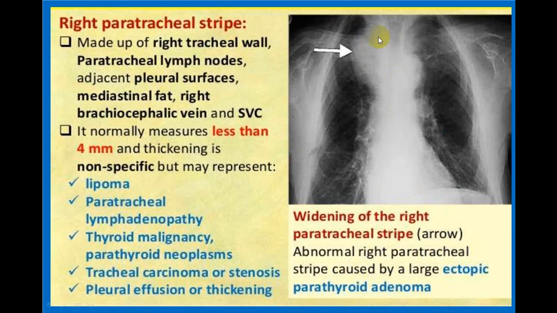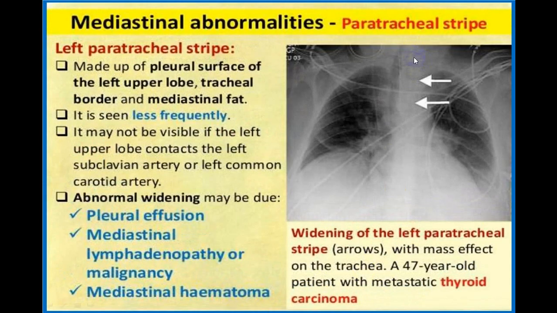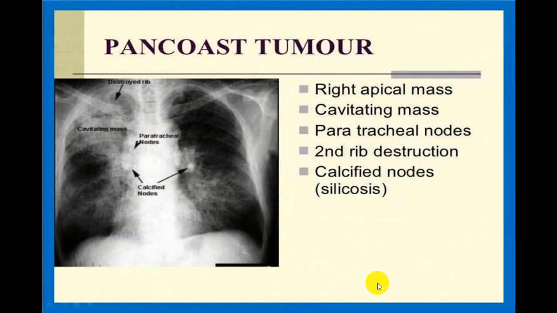Can be a lymph node, can be an ectopic thyroid gland, can be an ectopic parathyroid gland, or it can be related to arch of aorta aneurysm, can be any one of those structures. So try to identify. Again, you can see this is a trachea a little bit shifted to the left side, and there is an overlapping shadow here. So this is a left paratracheal mass, and this is because of a thyroid carcinoma. So it can be anything. It can be lymph node, thyroid gland, parathyroid, thymus, or other mediastinal structure like related to the heart or the esophagus, etc. All those you have to keep in mind.